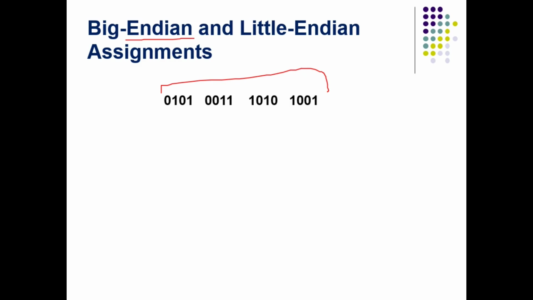This is a binary number, and you can see there are 16 bits here. The size is 16 bit. How to convert it to a hexadecimal number? Club 4 bits each, or combine 4 bits each, and convert it into a hexadecimal number. So one thing we learned here: every hexadecimal digit is 4 bit. Always remember, every hexadecimal digit is 4 bit. Right? This is 5, this is 3, this is A, and this is 9.